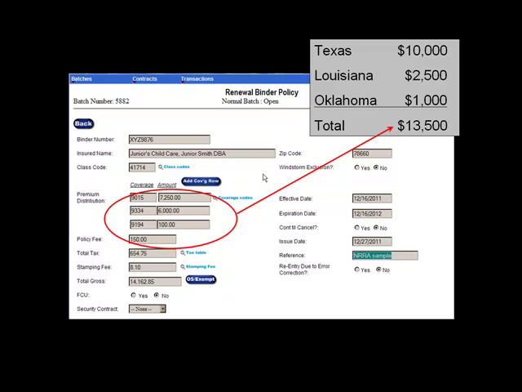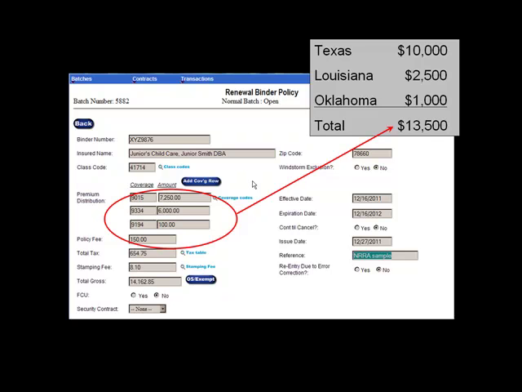which would be $3,500 for the Louisiana plus the Oklahoma premiums. This is not a duplication of the non-Texas premium. Simply think of it as a clarification of the amount of non-Texas premium. As I mentioned before, when entering parent policy transactions, the system will determine the correct premium allocation field for you. You will need to determine the correct method in which you enter the premium.